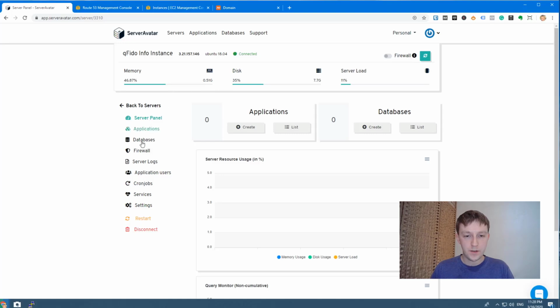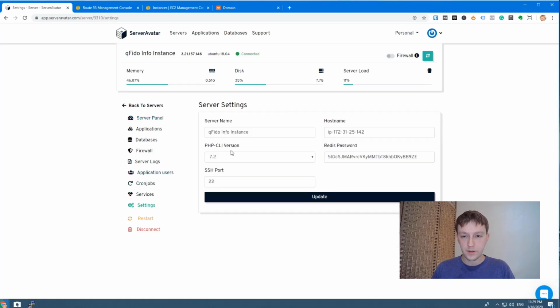And on the left side, you have a bunch of different settings, right? You can have server logs here. You can change application users. You have cron jobs. Say if you want to run something like Mautic, you can set the cron jobs here. And your settings. It tells you your PHP version,